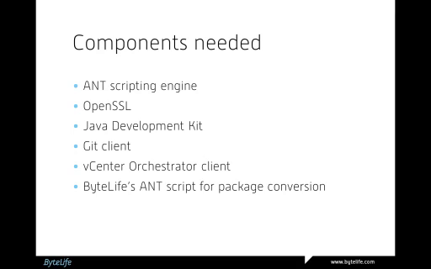Then a repository client, and as our first version is developed for the repository called Git, then a Git client is needed. Actually, our toolkit doesn't require that this repository must be Git. So any other